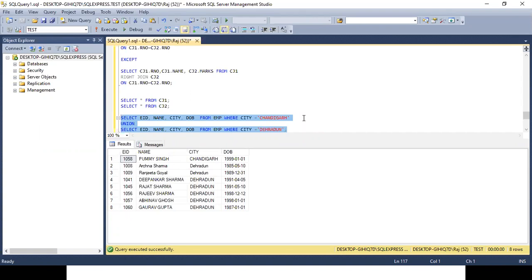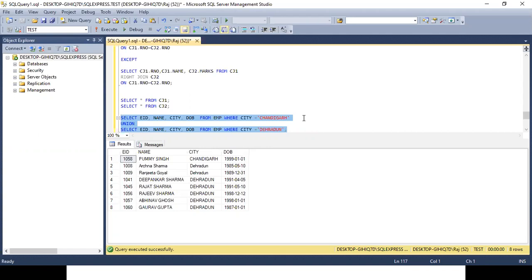Yes, sir. Got it. Thank you, sir. Most welcome. As you have highlighted this, there are a few points to be noted when we are working with these clauses like union all. Both queries should return the same number of columns.